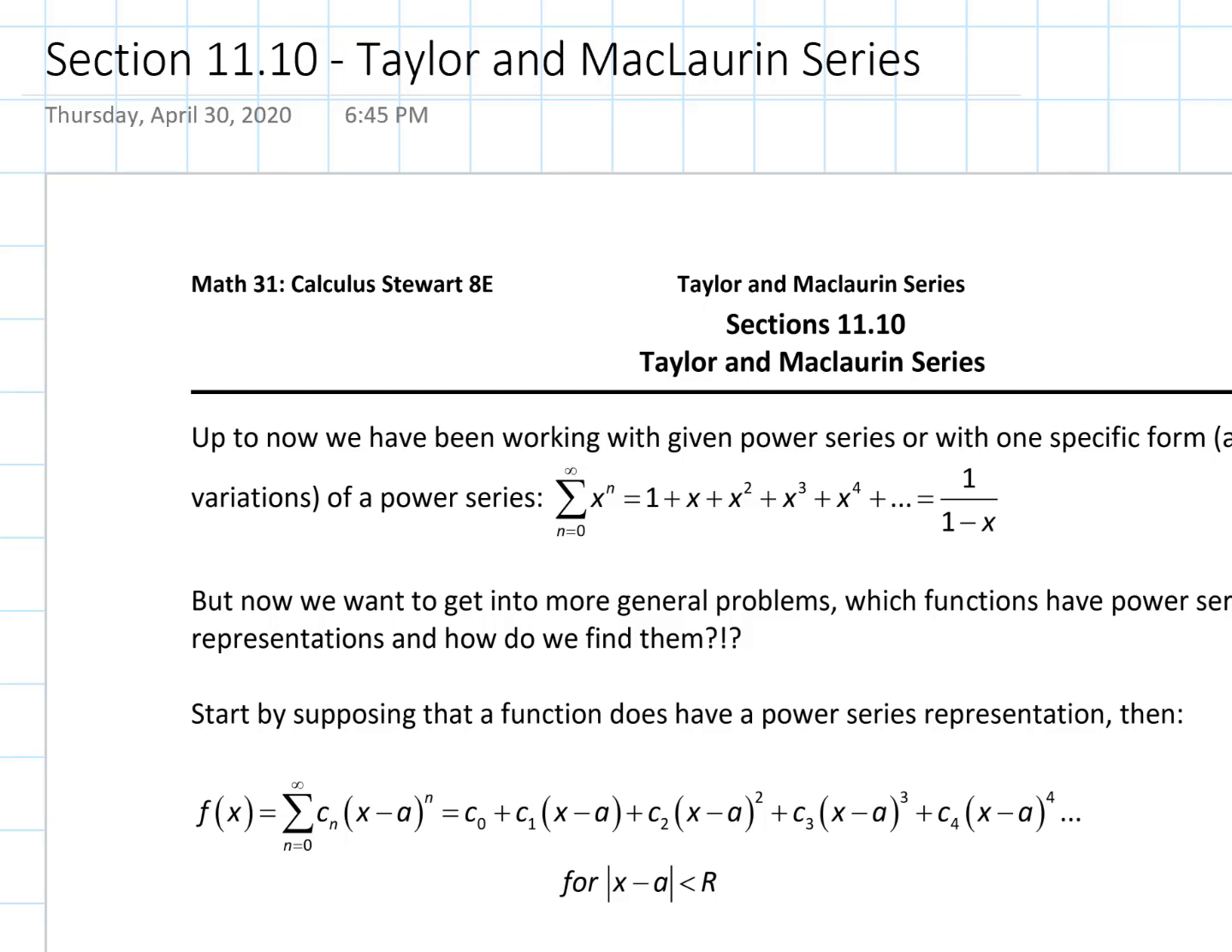Section 11.10, the Taylor and Maclaurin series. So let's jump into this. Up to now, we've talked about general power series, finding their radius of convergence and their intervals of convergence, and then we got into this very specific power series where we said the power series from n equals 0 to infinity of x to the n is equal to the function 1 over 1 minus x, as long as,